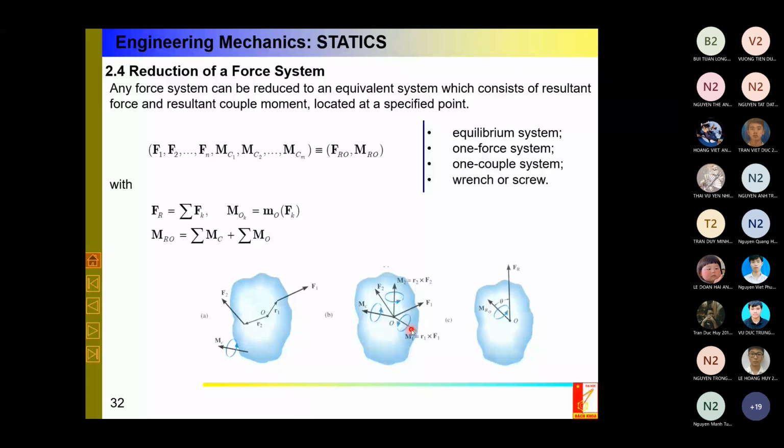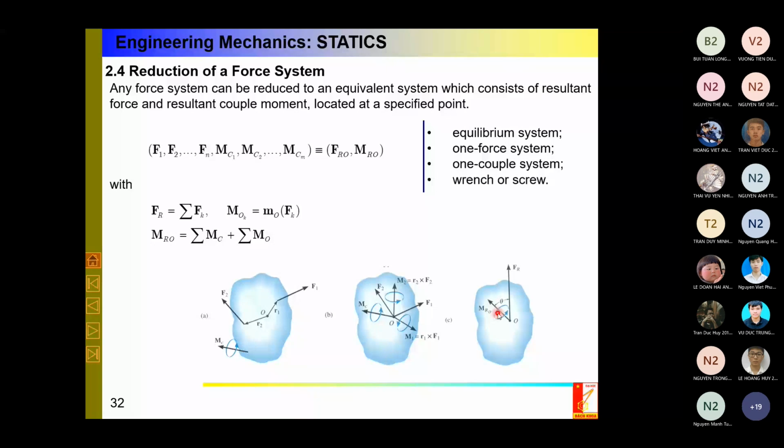From the previous lecture, you know that for any concurrent forces, I can replace them by only one force, FR, passing through point O. And the second system of many couples, I can replace by only one couple. So you see, really, I have only one force and one couple. And now, after any force system is reduced to these two things, one force and one couple, I am able to answer the question